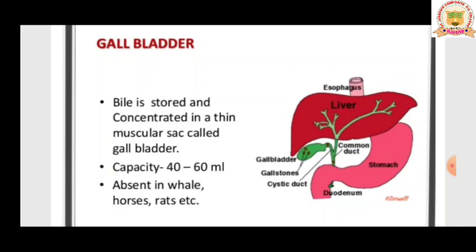Let me tell you some of the functions of the liver. The primary functions of the liver are production of bile, synthesis of urea, excretion of bilirubin, cholesterol, hormones and drugs, metabolism of fat, proteins and carbohydrates, activation of certain enzymes, storage of glycogen, vitamins and minerals, synthesis of plasma proteins such as albumin and clotting factors, blood detoxification and purification. These are the functions of our liver.